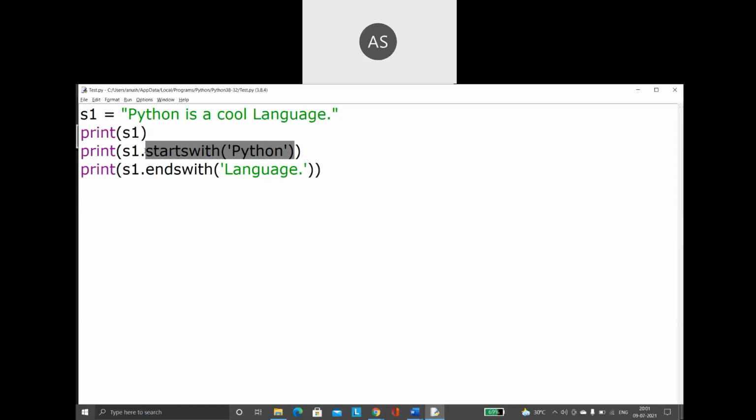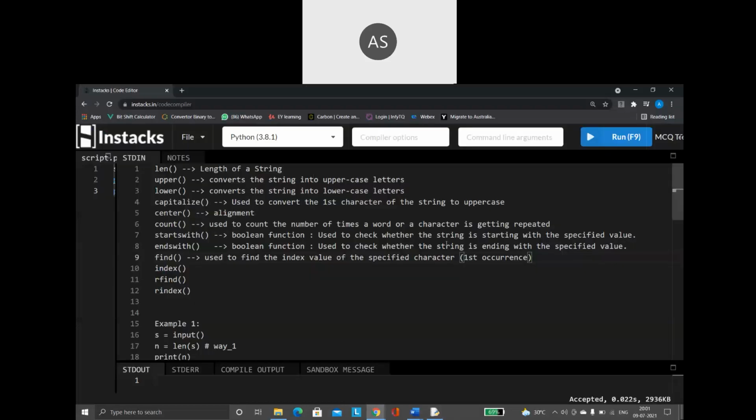Now, when I make use of the find function, what do I want to find? I want to find the index of the character. What is the index position of the character? Likewise, what is the index position of the character L? Since the character O is repeated multiple times, which index position will it give?